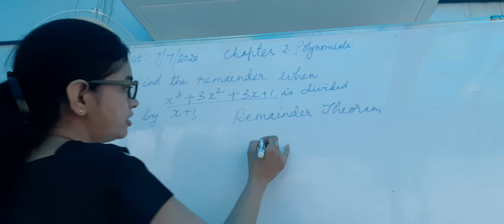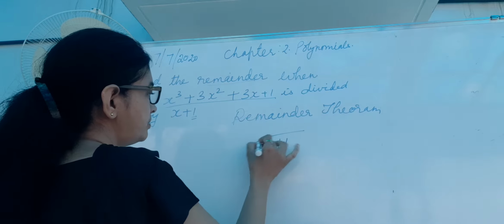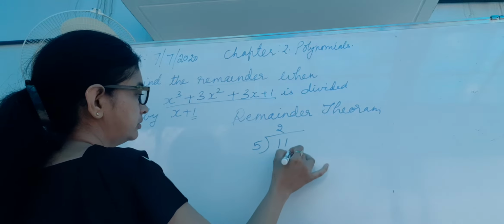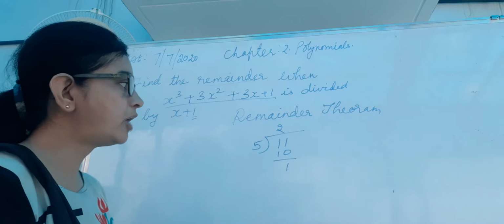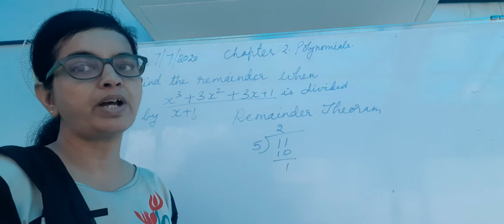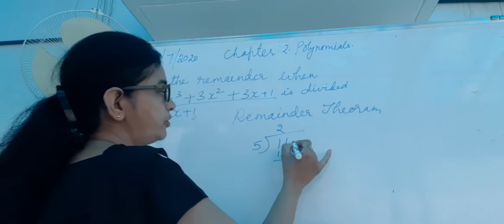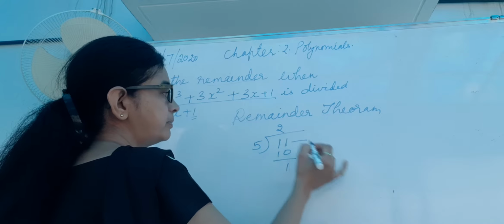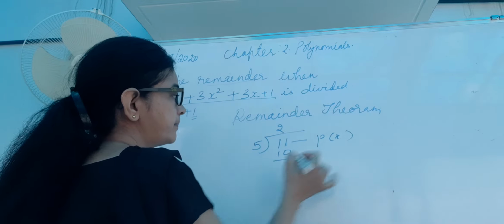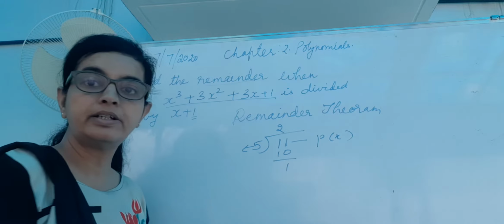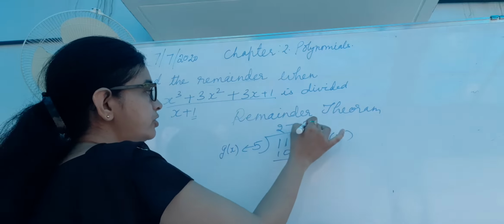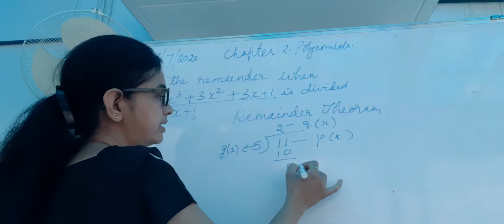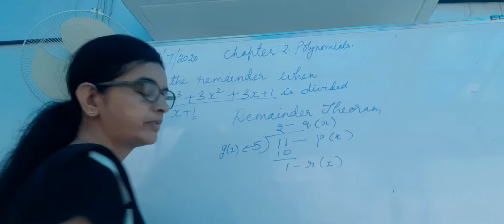In lower classes you have learned about this division method. The same method is applied over here, but now you won't find numbers, you will find polynomials. Suppose this is the largest number, which we take as p(x). This is the divisor, which we will take as g(x). And you know the quotient, so it is q(x), and this is the remainder, hence it is r(x).